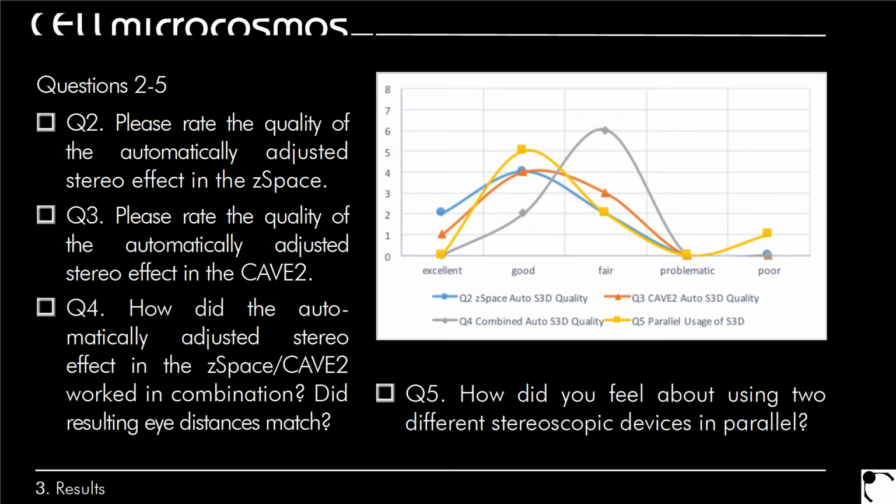So first of all, this line here, the blue line, represents the autostereoscopic quality of the zSpace. So this was already quite good, and we were developing at this already a longer time, so it's not a big surprise that this got quite good results. Then also for the cave, if you're looking at this line here, then you also see this was already quite good results. So then the combined autostereoscopic effect, you see here already it's okay. It has quite a fair result, so it's still okay, but it could be improved. 2 said it's good, and 6 of the participants said it was fair. So there's still some room for improvements in this.